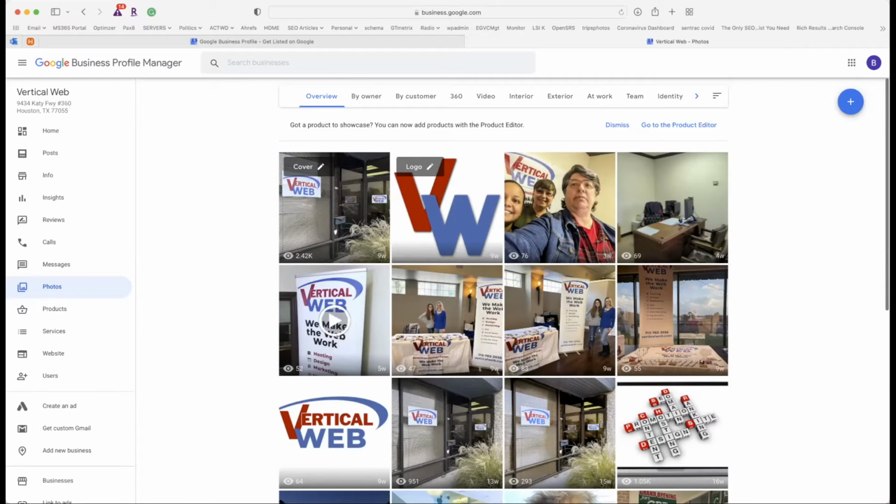This is the answer to the question about whether you can have locations in an incubator business location that rents to businesses or an executive suite. Well, is it your own address or is it shared in another space? If I'm at Tech Space or the ranch office, they're not going to give me my own address, and Google's going to know. They know where these places are now. They want you to have an office that people can come to, open from 9 in the morning to 5 in the afternoon. So if you are in these spaces, you should have your own address, and you should be there 9 to 5.